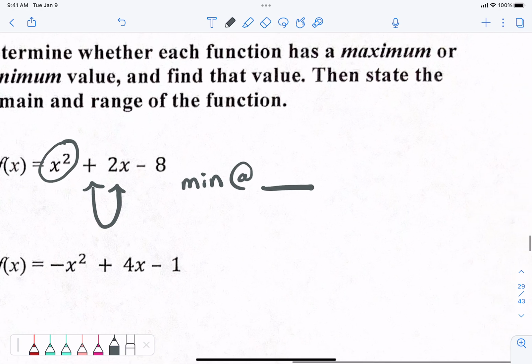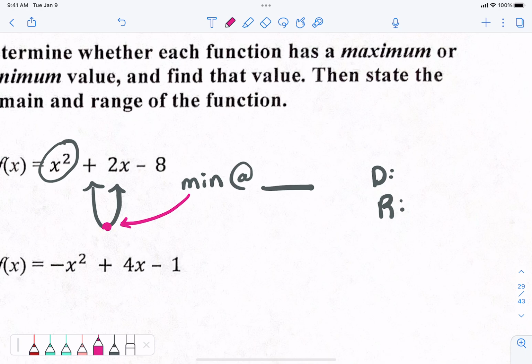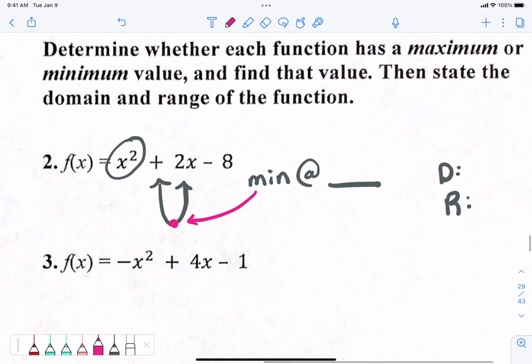So minimum at something, and then we have to find domain and range, right? Okay, so what is this? I'm trying to find this minimum right here. What's that minimum thing called? The vertex. They're asking for the vertex, basically. So if I do negative b over 2a,